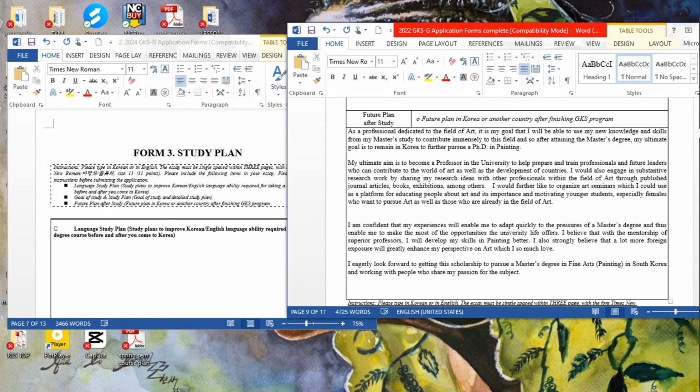I am confident that my experiences will enable me to adapt quickly to the pressures of a master's degree and thus enable me to make the most of the opportunities the university life offers. I believe that with the mentorship of superior professors, I will develop my skills in painting better. I also strongly believe that a lot more foreign exposure will greatly enhance my perspective on art, which I so much love.